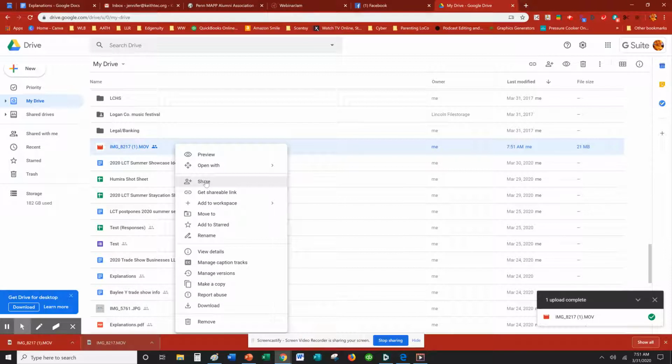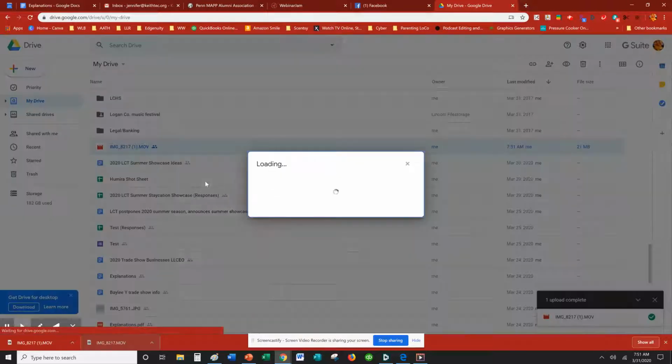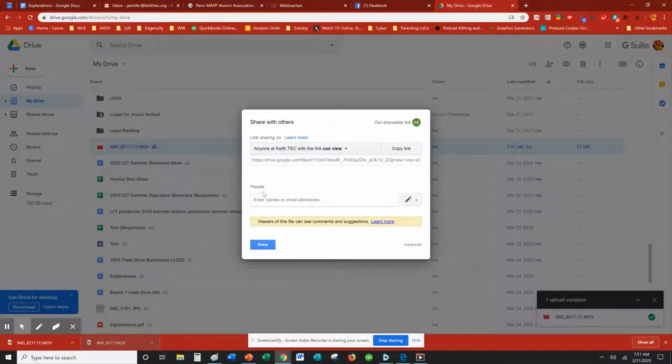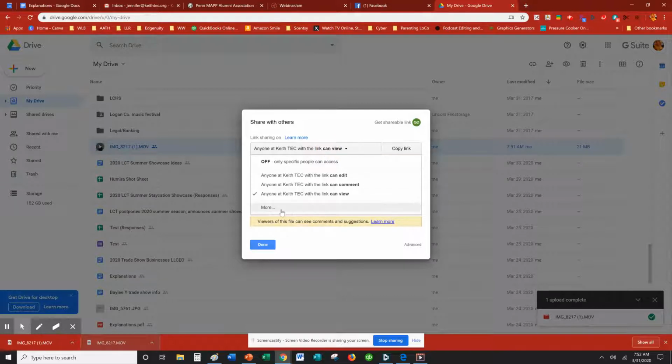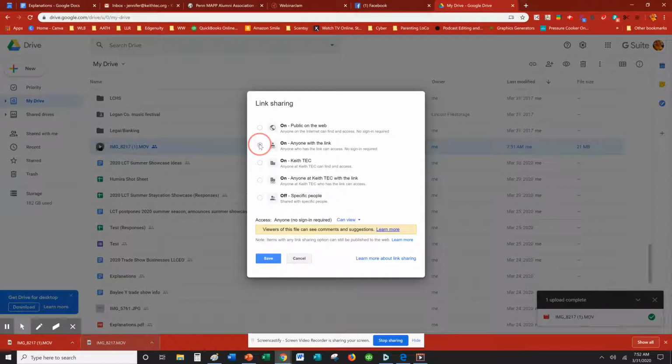button. So in the share button, I can send it, a copy of it essentially, to people without them having to download it, getting an email that has it in there that can clog up their email. So because I have a business, I have these options, but I want it to be anyone who has the link